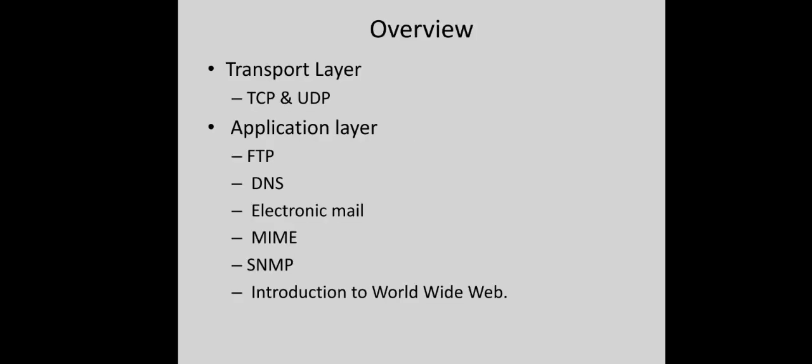So in case of TCP/IP, all the functions of the session and presentation layers are implemented as part of the application layer. So we have to focus on these two layers, transport and application. Within the transport layer, we have to go through different functionalities performed by this layer and the two protocols for implementing it in the internet also. Then in the application layer, we have to go through all the protocols that implement the different application services, and finally we'll have an introduction to World Wide Web.